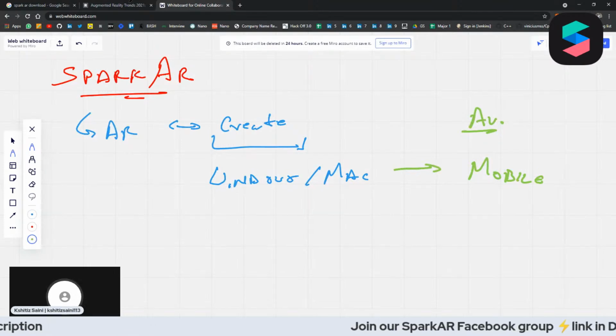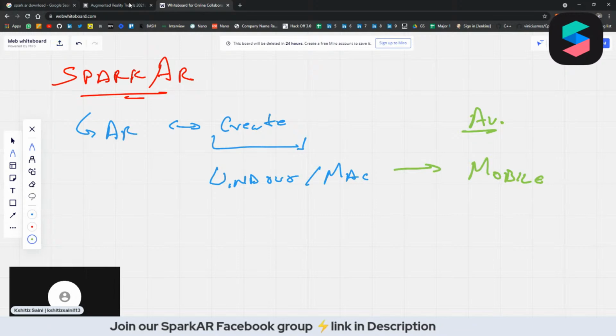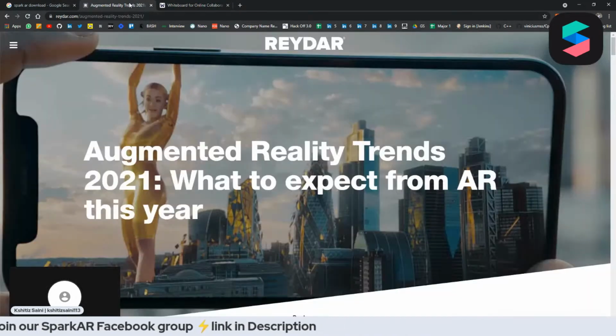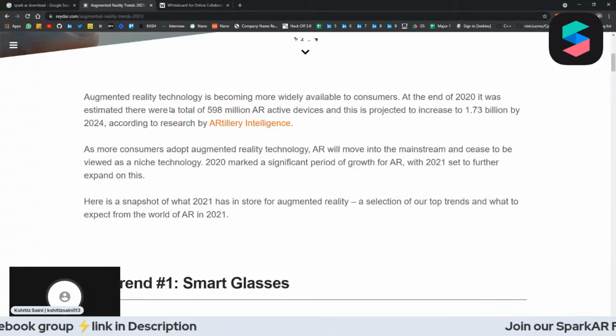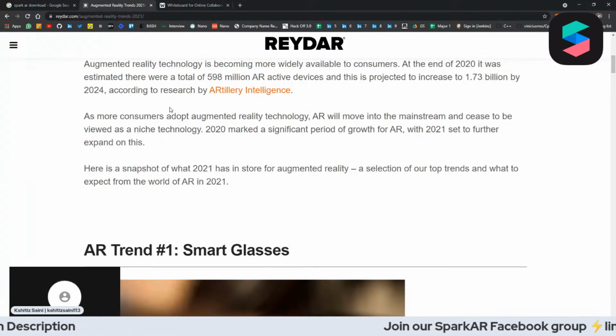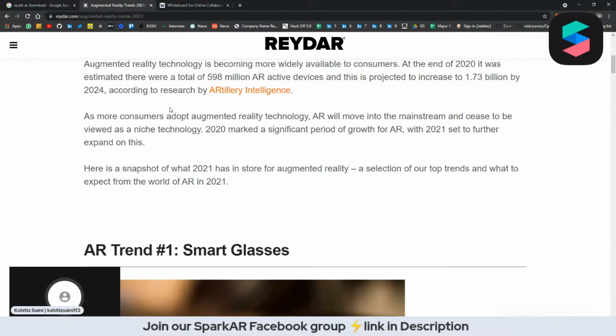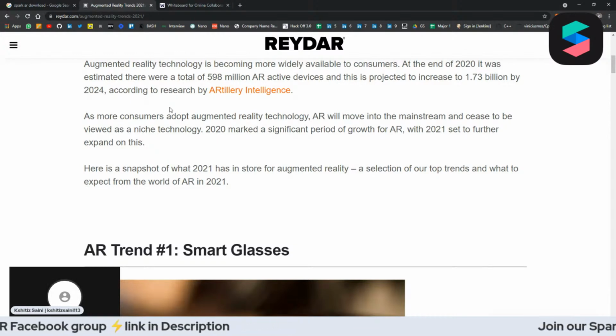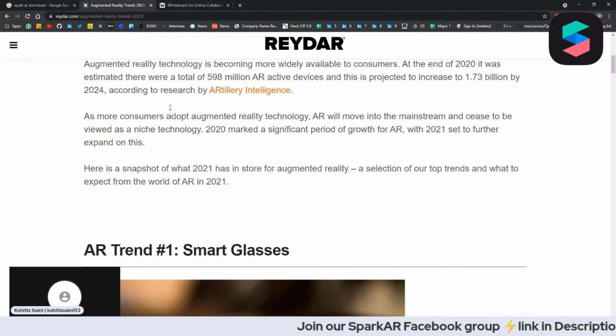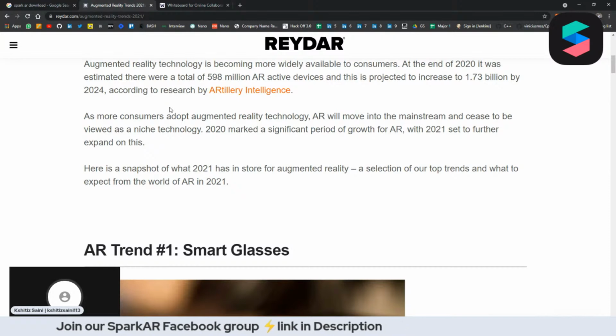And now let us see some of the important statistics associated with Spark AR. Now let us see some of the trends. These are some of the numbers by radar.com, and these are some of the AR trends. They suggest that there were a total of 598 million active AR devices at the end of 2020, and these are projected to increase to 1.73 billion by 2024. So there is a huge increase in the number of AR-ready devices, and so are the AR things available